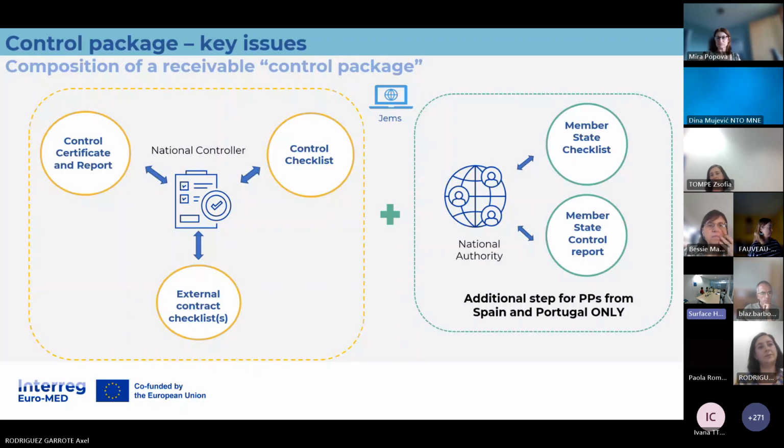But for these partners, we additionally have a member state checklist and the member state control report. This document is also mandatory. Without this document, the partner report is not eligible. We cannot accept it.